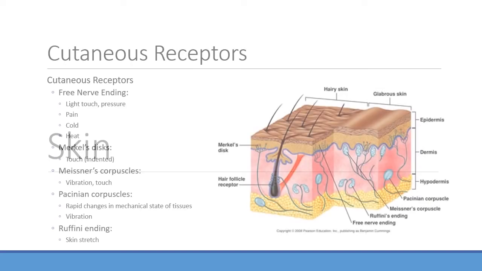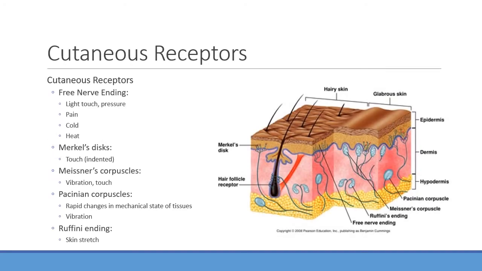Moving into touch, we're going to find lots of different types of receptors, and they all have specialized roles depending on what we're dealing with. As far as memorization for the test, have just a general idea of what these receptors are doing. I'm not going to get so specific as to ask which one of these specifically detects vibration versus indented touch.